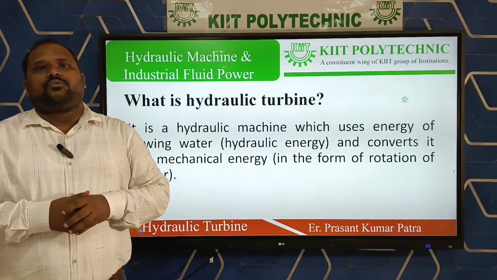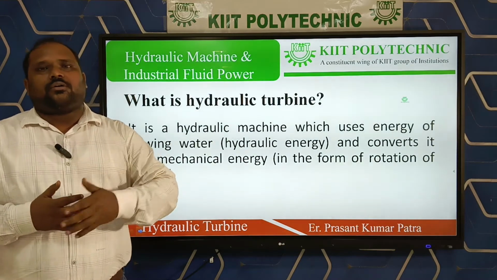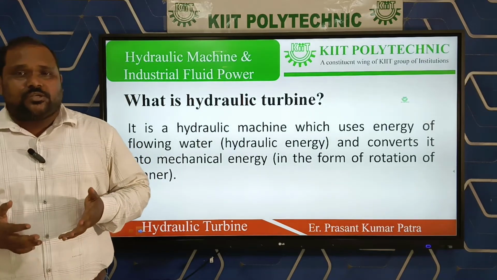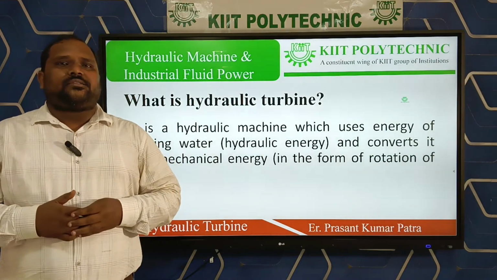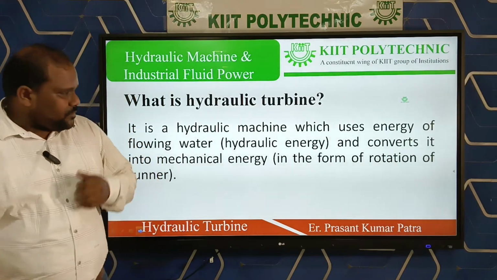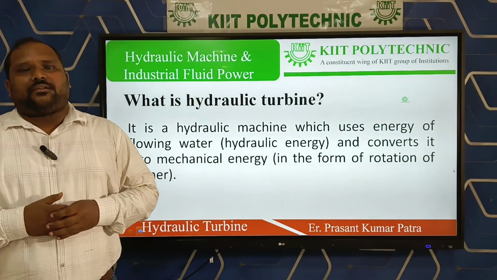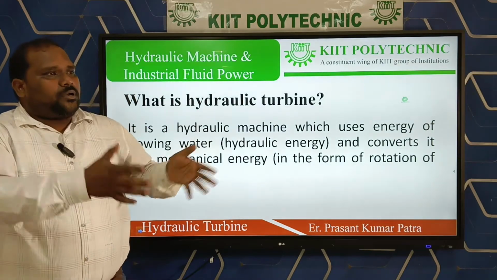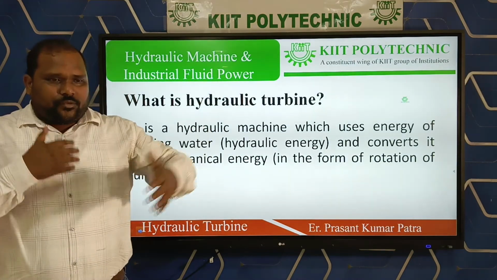You know that in a hydroelectric power plant, the hydraulic turbine is the main machine which converts the hydraulic energy into mechanical energy, and this mechanical energy is utilized in the generator to produce the electrical energy, and this is overall known as the hydroelectric energy. So here the hydraulic machine uses the energy of flowing water, and how does this flowing water come? You know that in hydroelectric power plants we have the setup for a dam, and from the dam water is flowing,